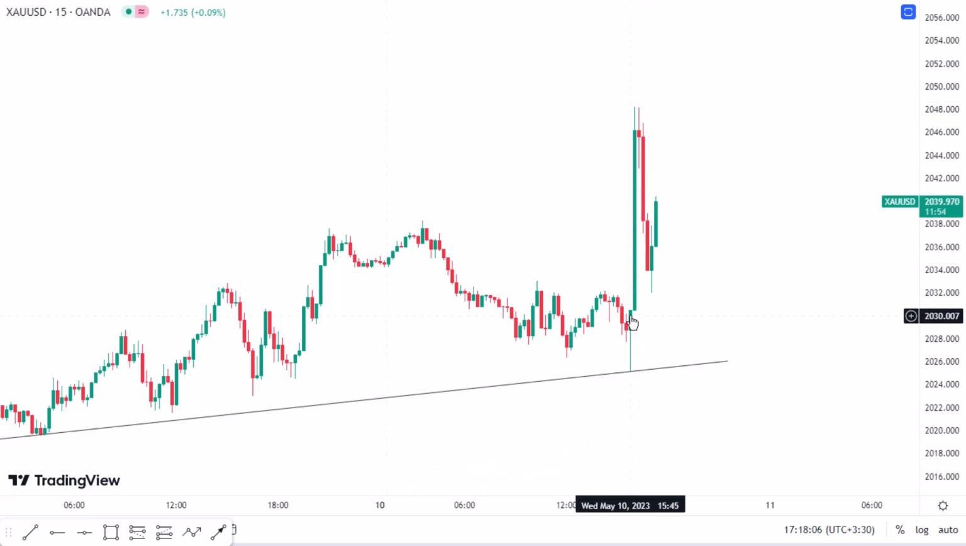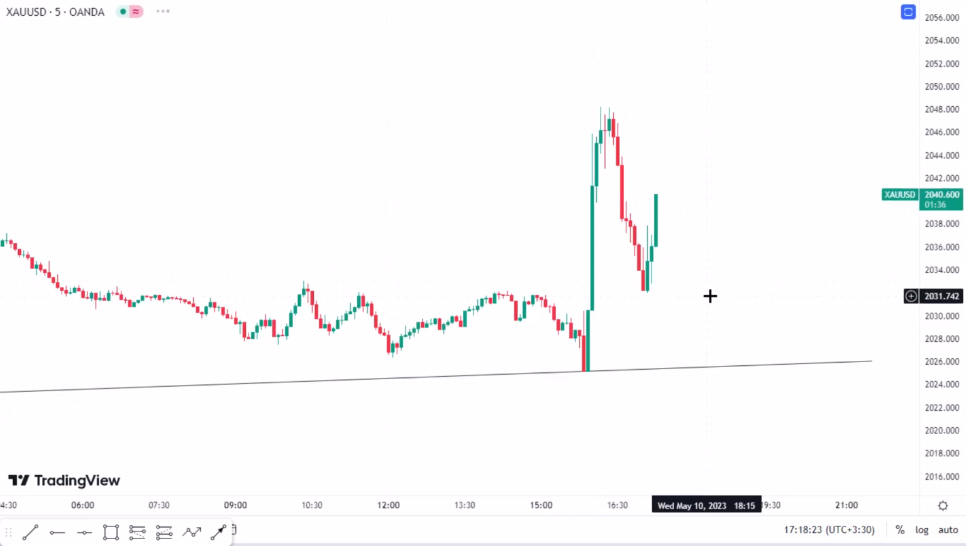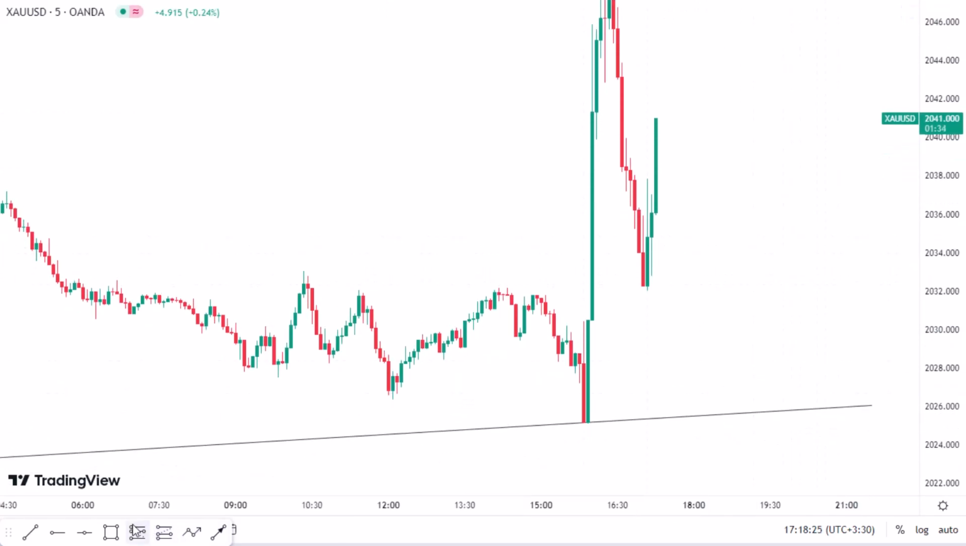The news was on 16 and the candle formed on 1545. So we could risk here, enter a buy position, put our stop loss below the candle and look for our reward. But if you want to go on the 5-minute time frame, we also had a nice support here like this one,